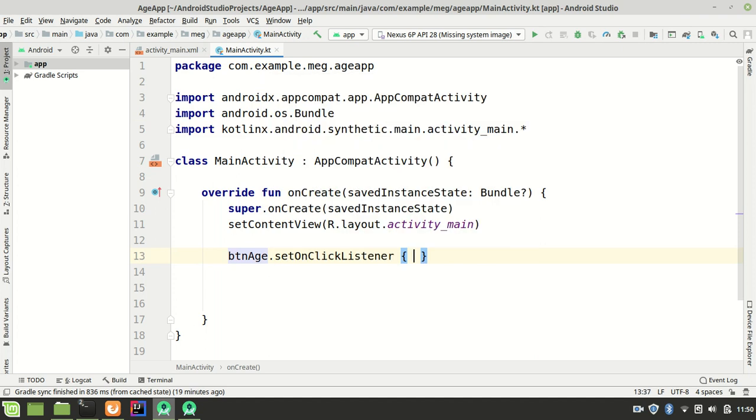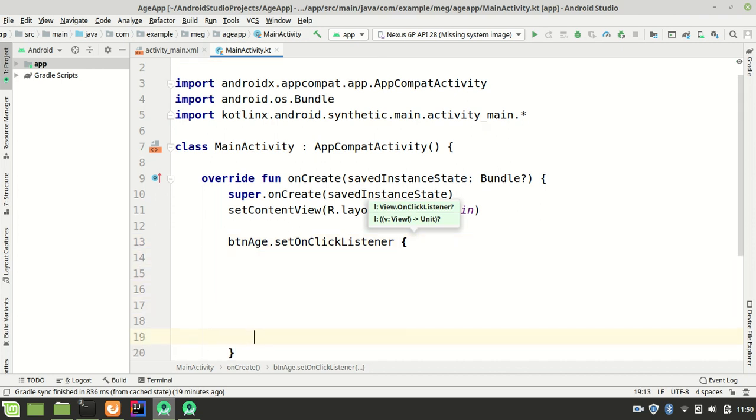set on click listener. So we'll set an on click listener. This is what happens when the button is clicked. Inside the on click listener, that's where we are going to say what we want to happen when the button is clicked. So when your button is clicked, we want you to calculate